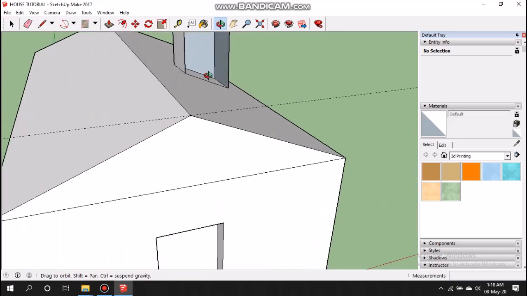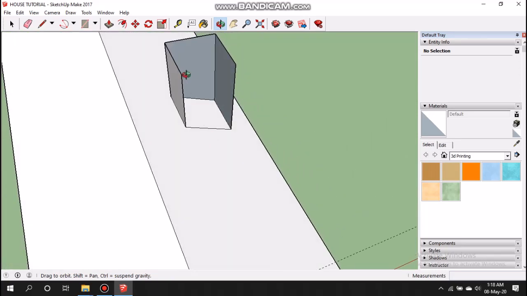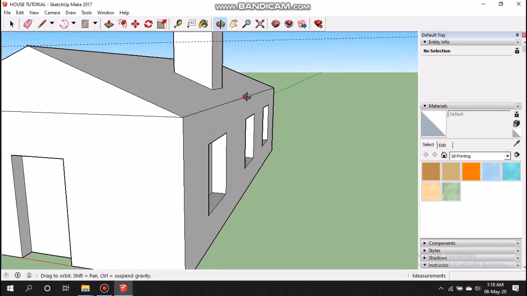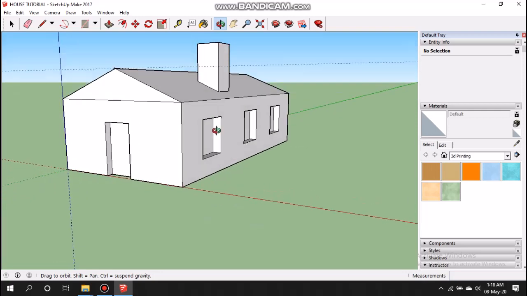Now this point to this point. So now the house is ready.